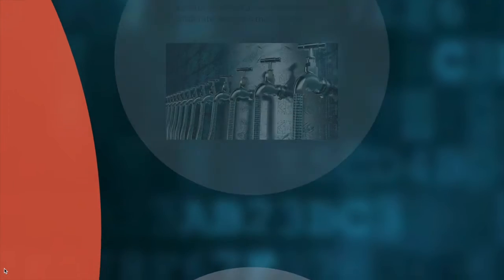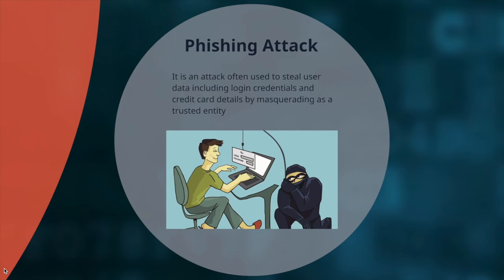So the next type of threat is the phishing attack. Phishing is a type of social engineering attack often used to steal user data, including login credentials and credit card numbers. It occurs when an attacker masquerading as a trusted entity dupes a victim into opening an email, instant message, or even a text message. The recipient is then tricked into clicking a malicious link, which can lead to the installation of malware, the freezing of the system as part of a ransom attack, or the revealing of sensitive information.